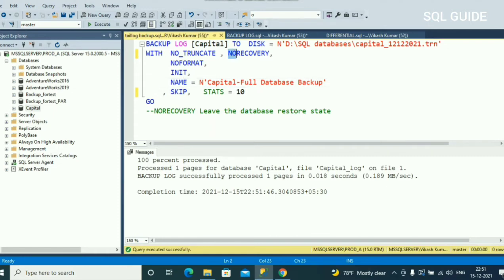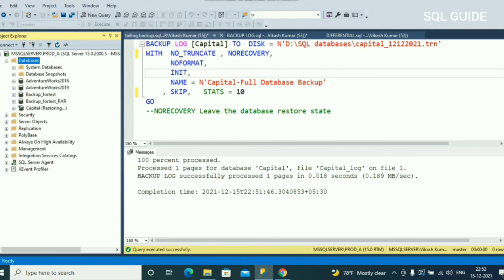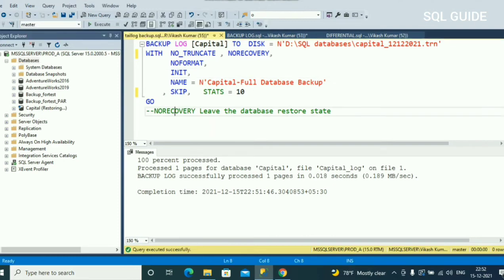I have used the NORECOVERY option. See the database status now. It went into restoring status. So be careful if you are taking a tail log backup with NORECOVERY.